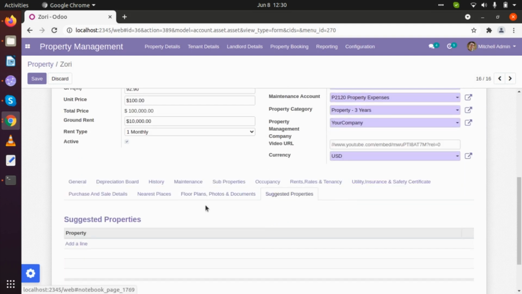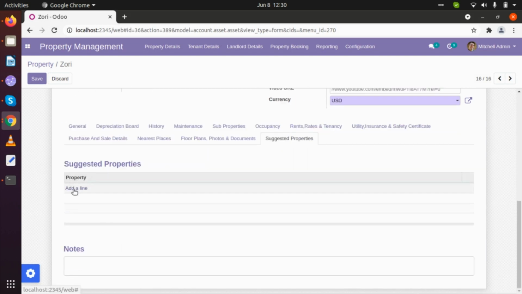Then suggested properties. If we are working with our website, there are possibilities that it will show suggestions of other properties based on the search that we have done. So if a particular property is opened on the website, we will be able to show these particular properties that we have added here.